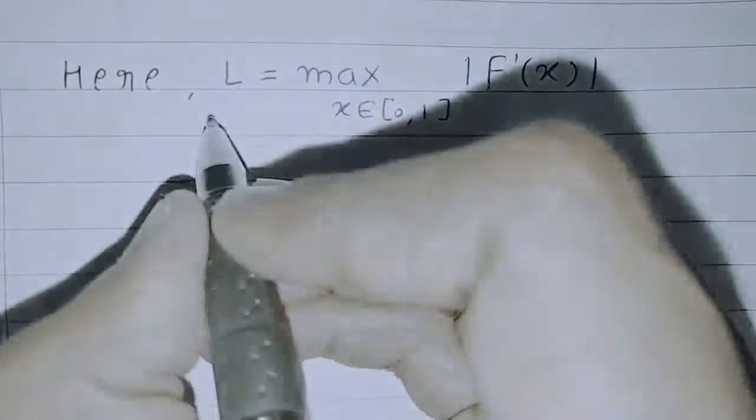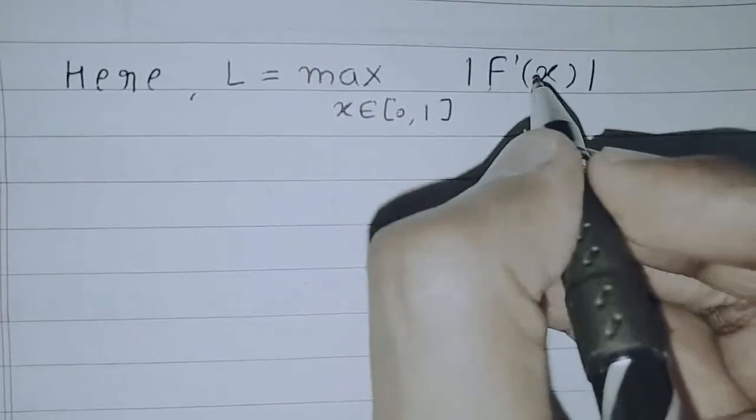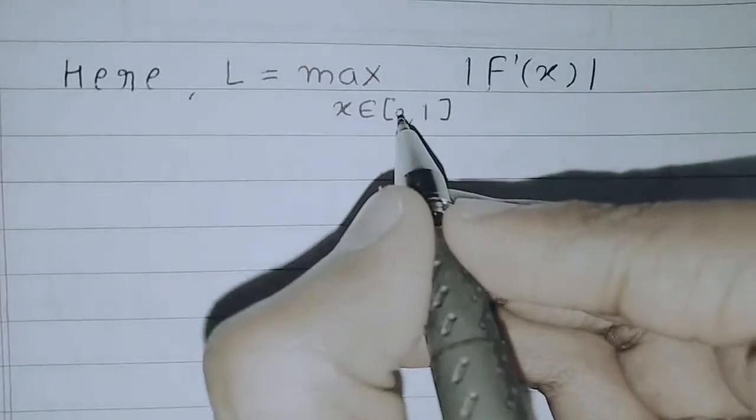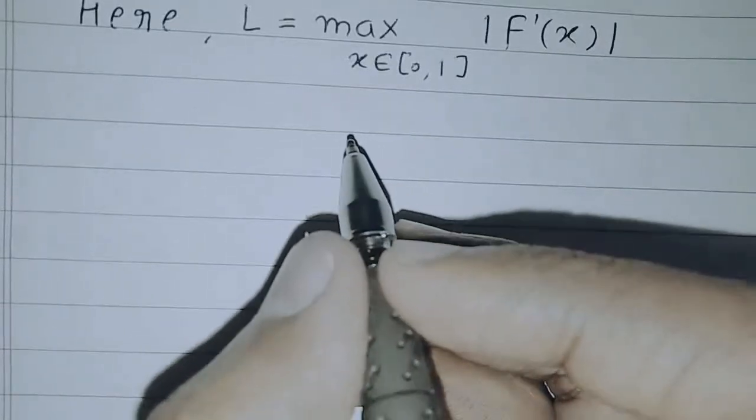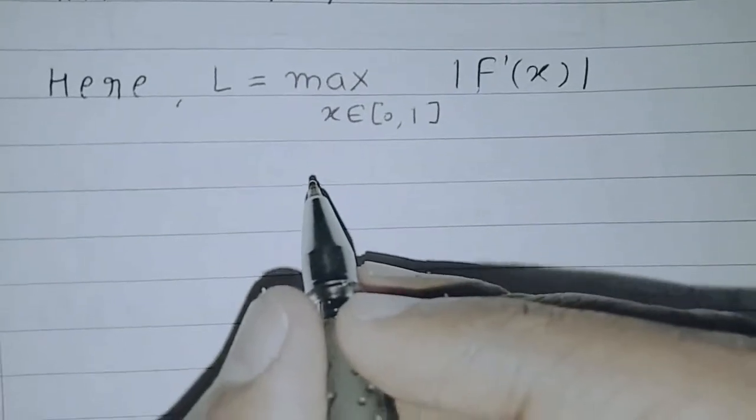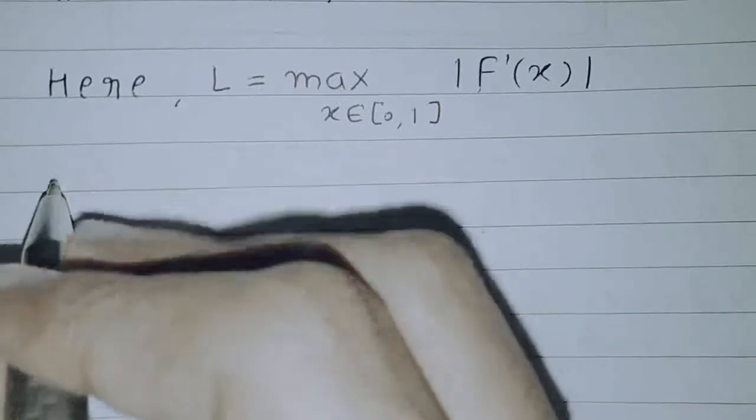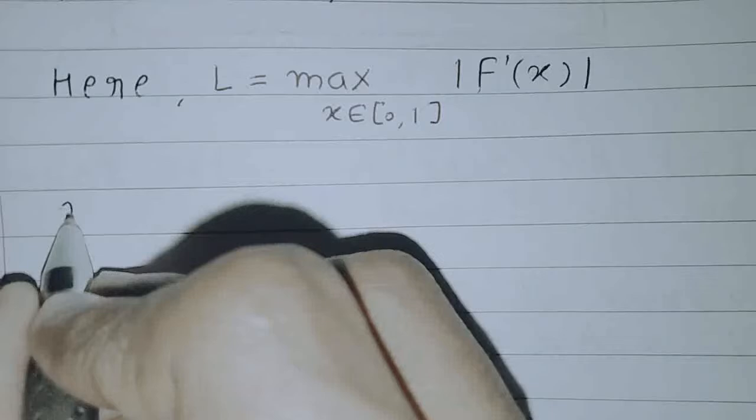Here L is defined to be the maximum value of the derivative of a function f which is given in the problem, and this function f is defined over the closed interval 0, 1. Also, here we have to look at the iteration method which is given by